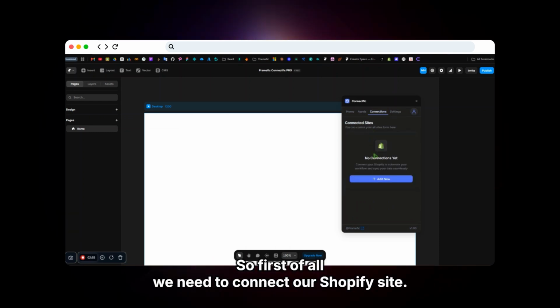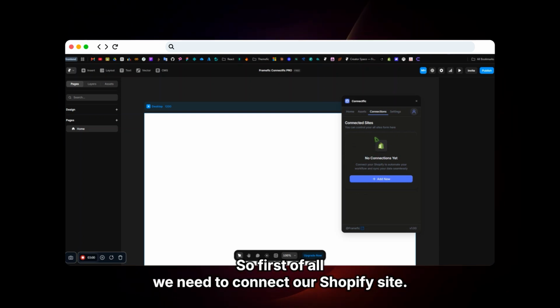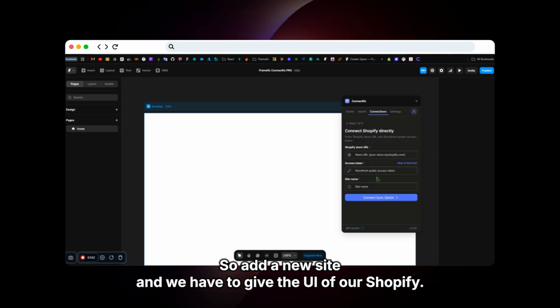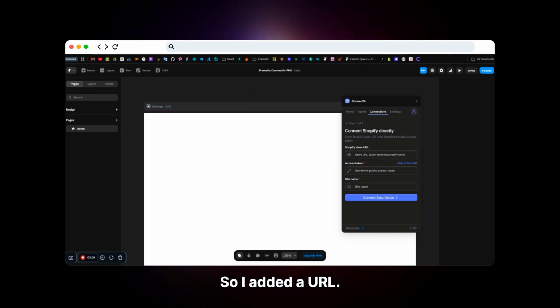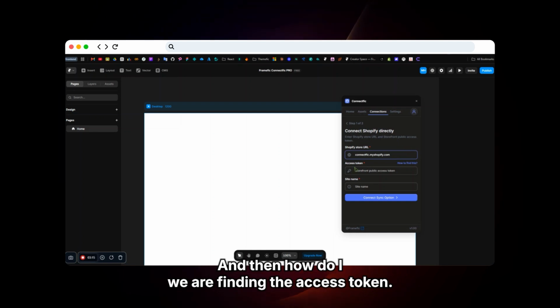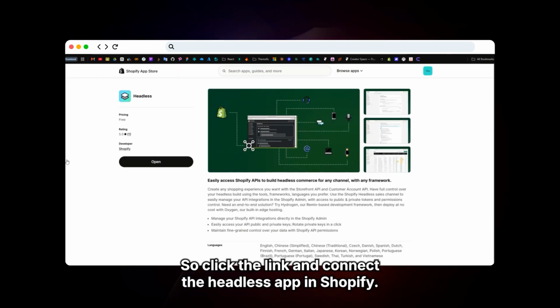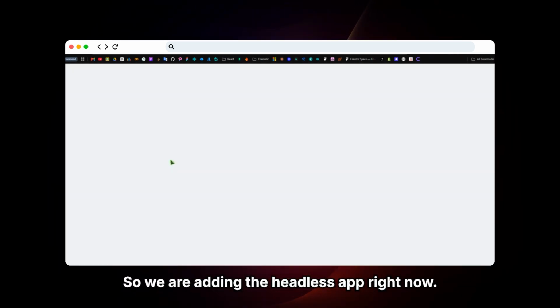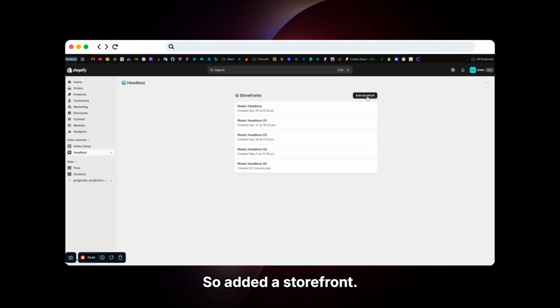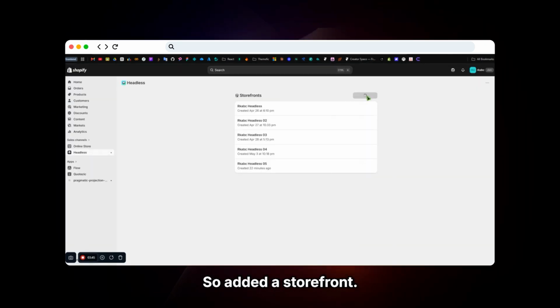So first of all, we need to connect a Shopify site. So add a new site, and we have to give the URL of our Shopify. So I added a URL, and then we are finding the access token. So click the link and connect the headless app in Shopify. So we are adding the headless app right now. So added a storefront